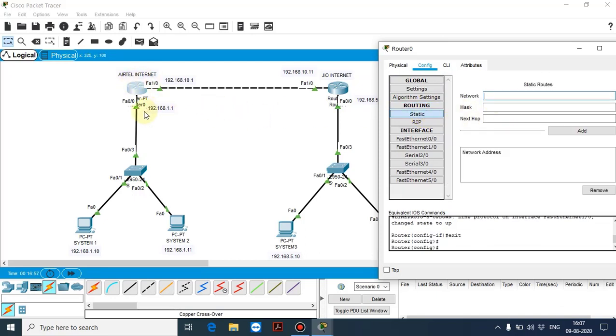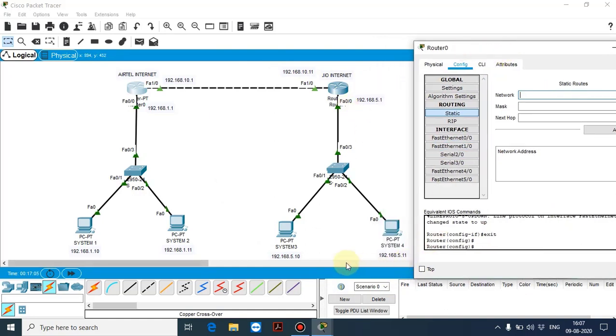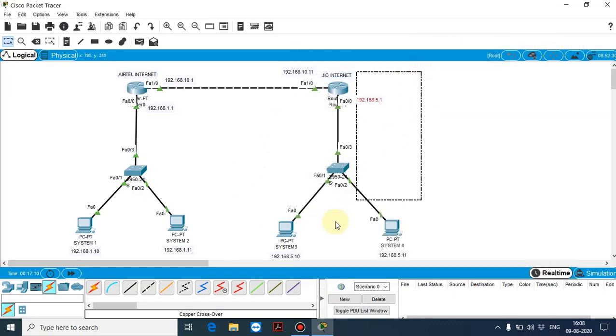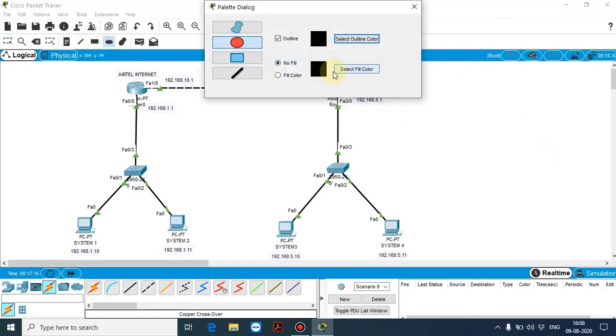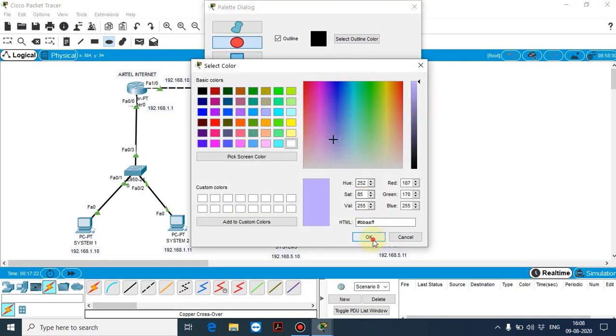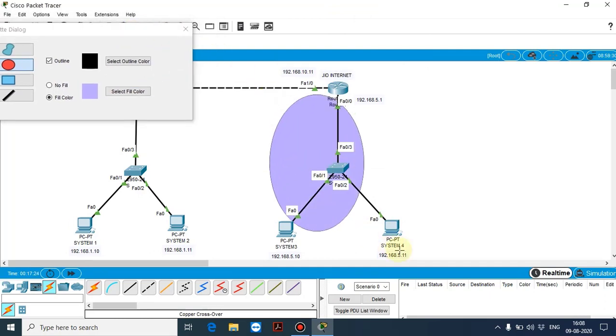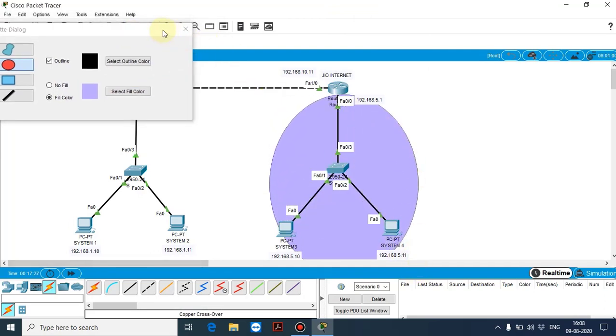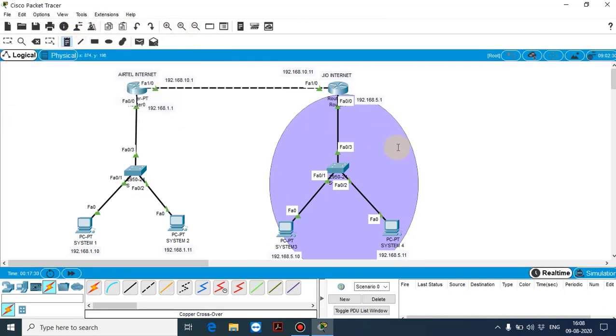To update this router, you need to know the second router's information. What is the second router's information? This network has the 5 dot series. Okay, so I will show you. Let us draw an ellipse, fill color, select color. So this network belongs to the 192.168.5.0 series, and this network belongs to the